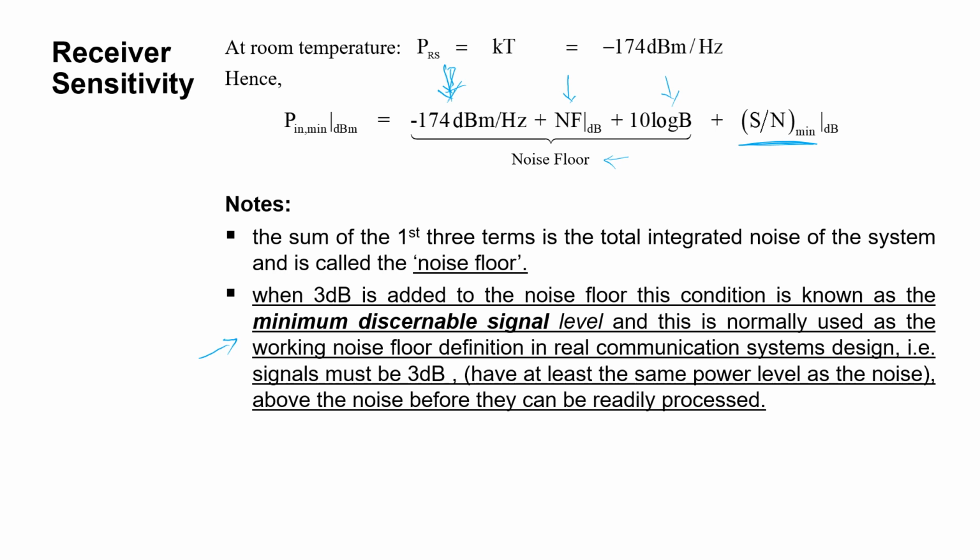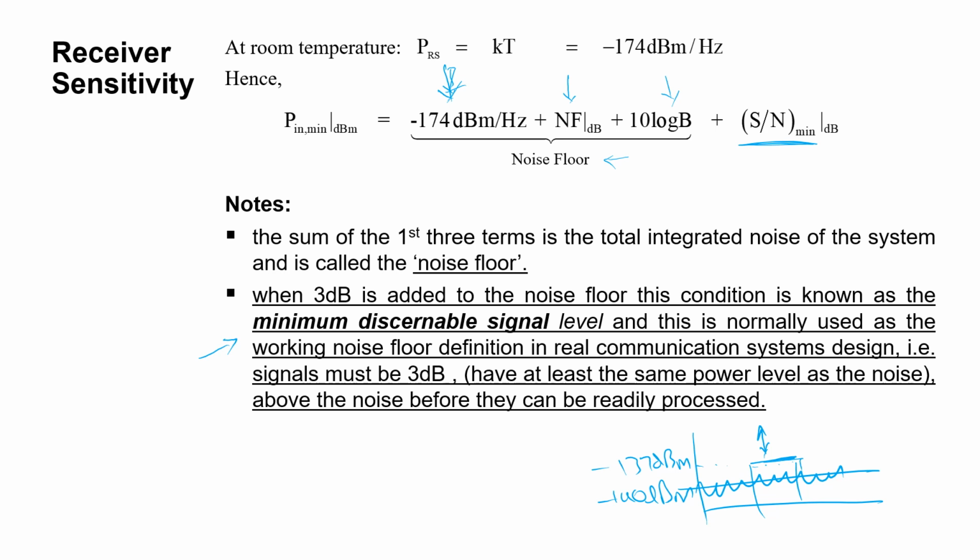So just to draw a little bit on a spectrum, imagine in a frequency response, this is my noise floor sitting at around minus 140 dBm. If I get a signal as small as minus 137 dBm, I will call this signal the minimum discernible signal. So any power above this signal is good for me. My receiver can actually detect what is received. But if my signal goes beyond this minus 137 dBm point, then it will be outside my minimum discernible signal